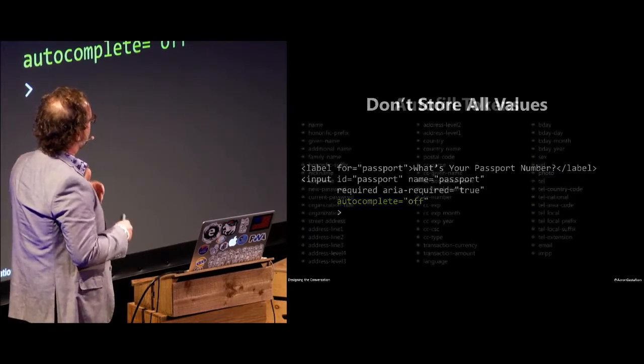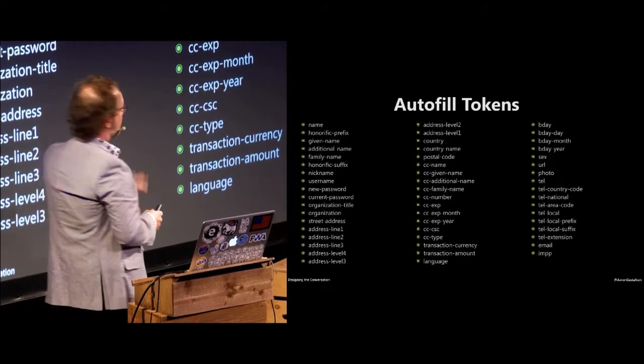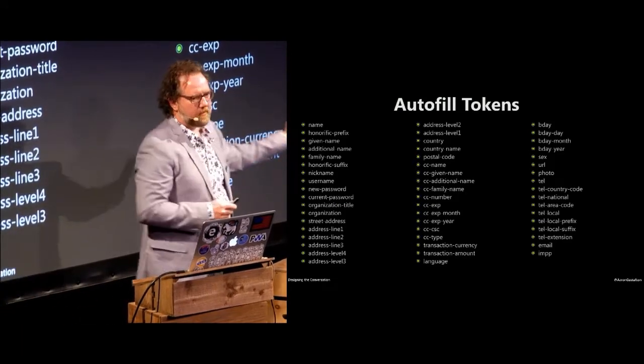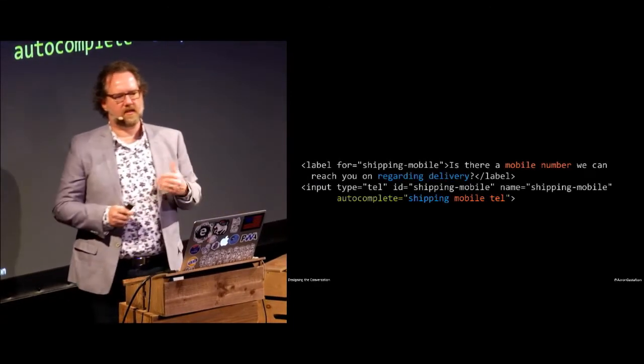But now we have all of these predefined tokens that are available to us for autocomplete. Don't worry about reading this. I'm going to give you an example in a moment. But in a headless UI context, this could actually allow the virtual assistant to ask the user what they would like to fill in. So here's an example.